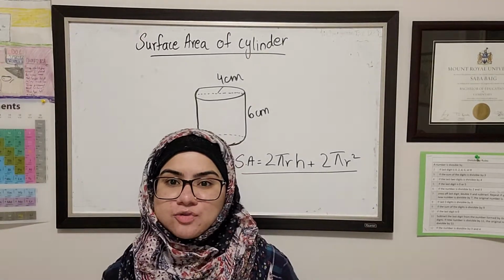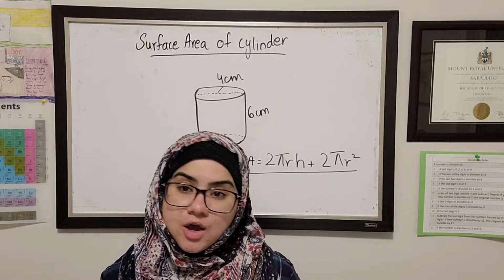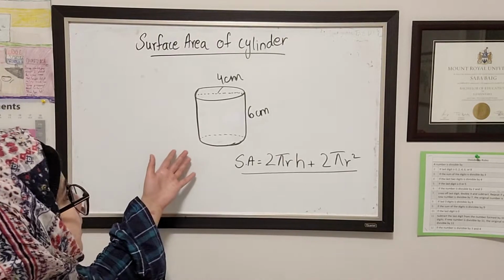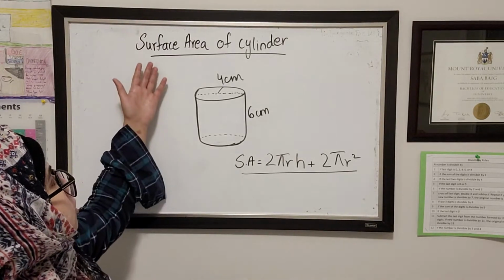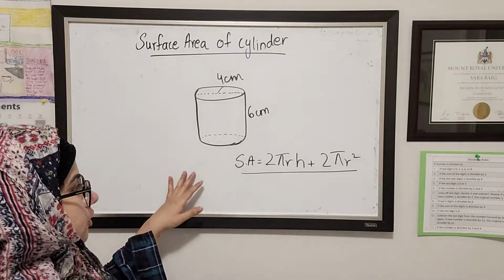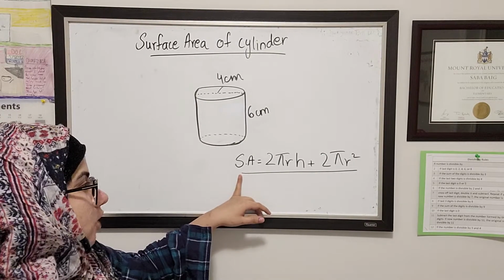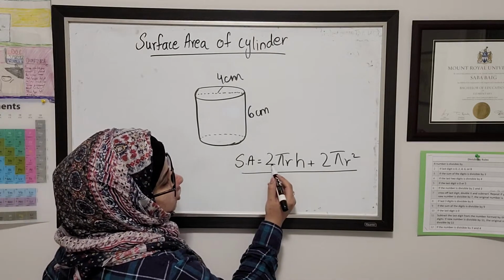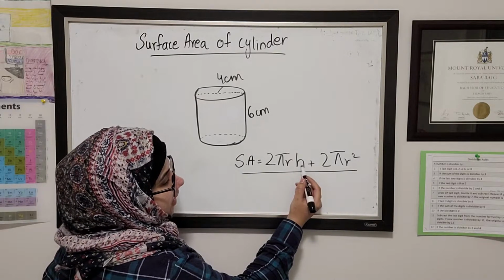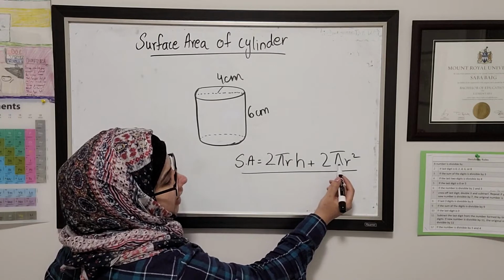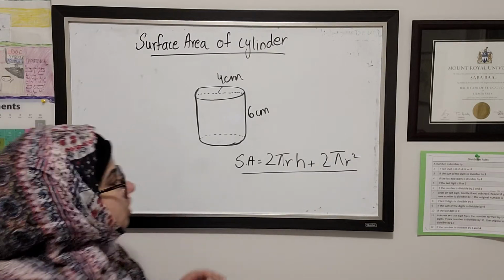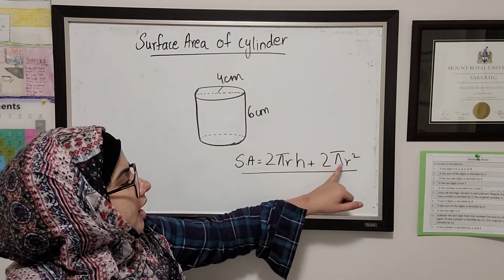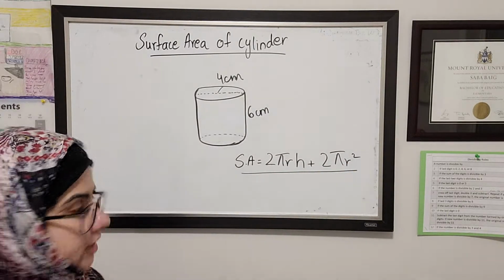This lesson is especially for my grade 8 and 9 students who have started learning about surface area. So this is a cylinder, and today I'll be teaching you how to find the surface area of a cylinder. There is a universal formula which you need to know. The surface area of a cylinder formula is 2 pi r height plus 2 pi r squared. Again, I'm going to read it: 2 pi r height plus 2 pi r squared is the surface area of